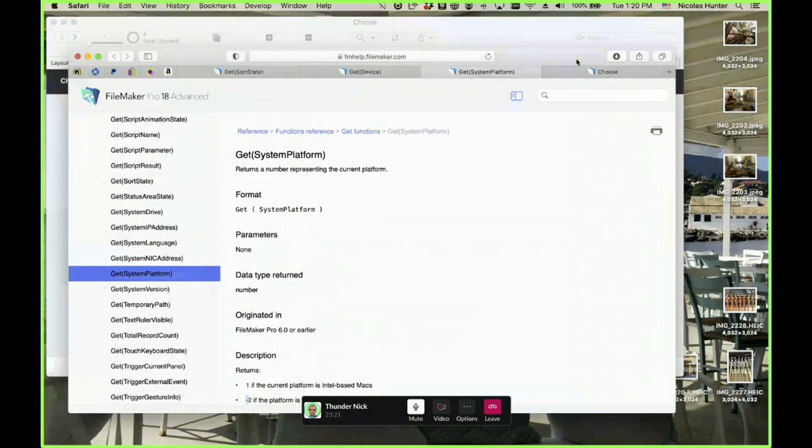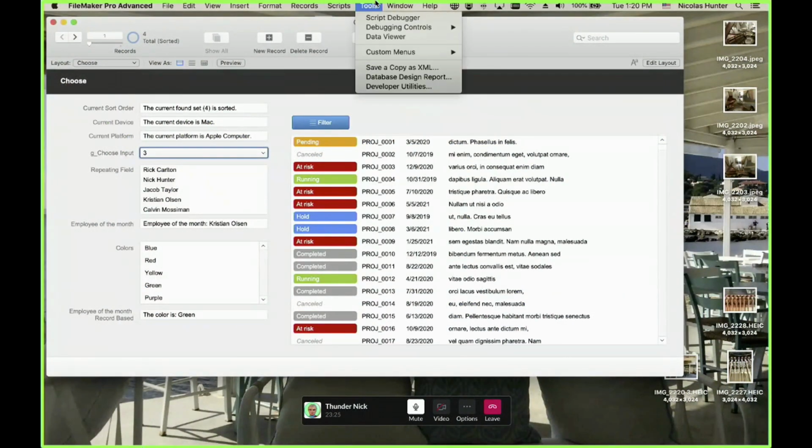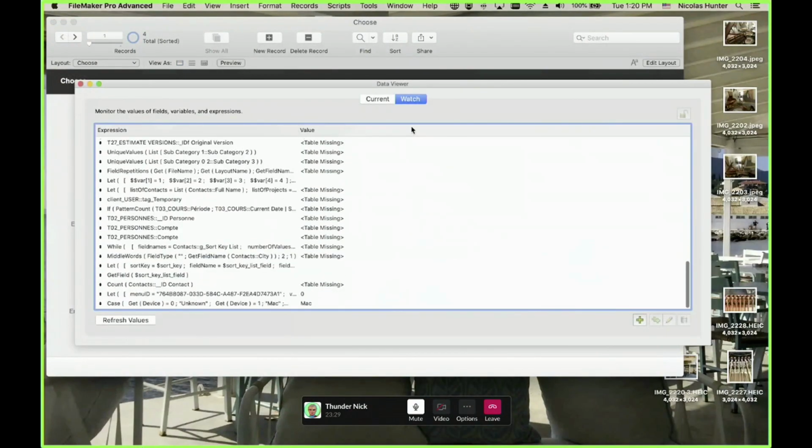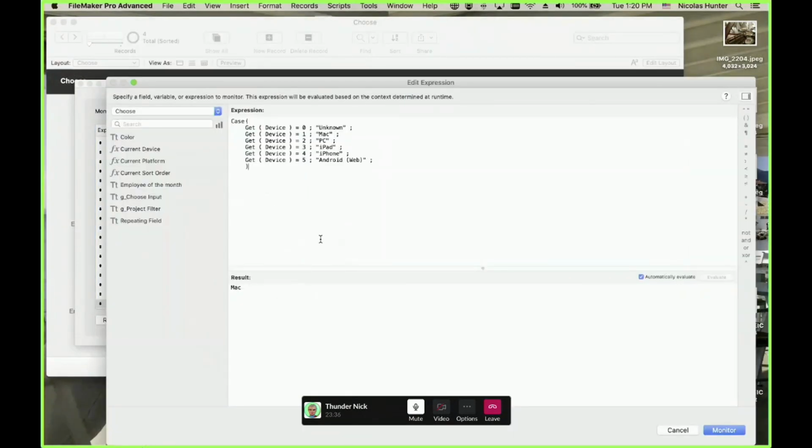So let's get started and work on this. What do we want to avoid by using Choose? This is what we want to know. We want to avoid something like this: a case statement with repeating Get calls. If Get(Device) is 0, it's unknown; if Get(Device) is 1, then it's a Mac.